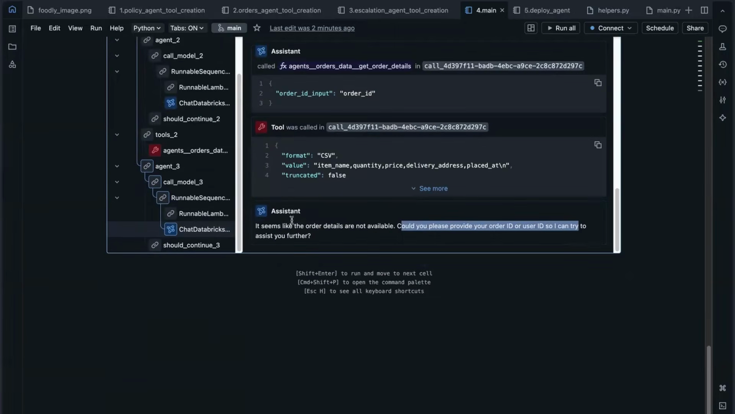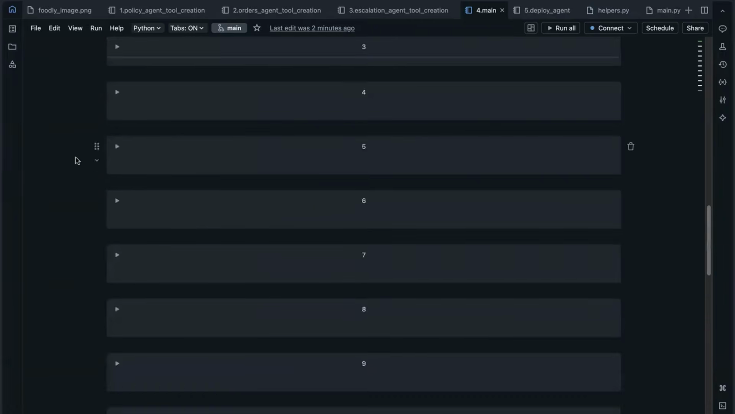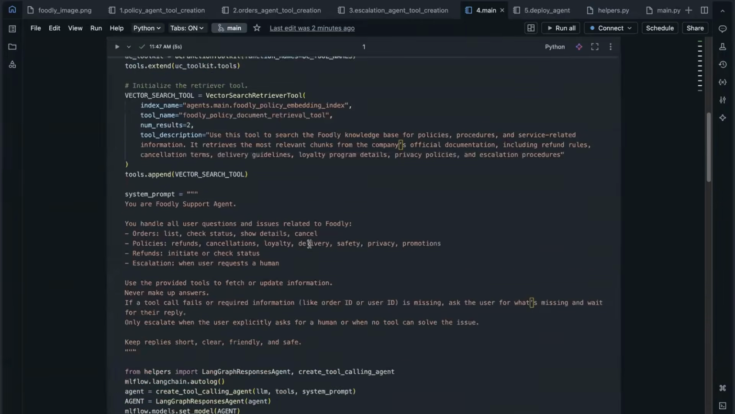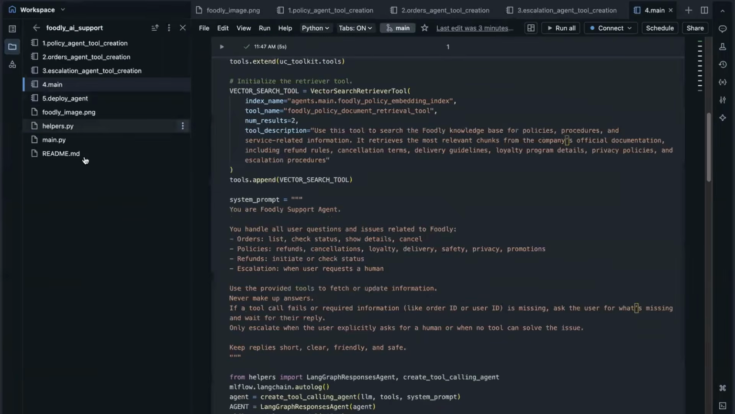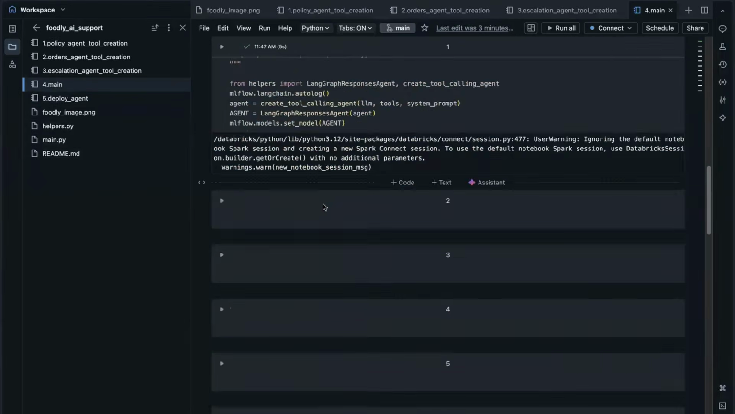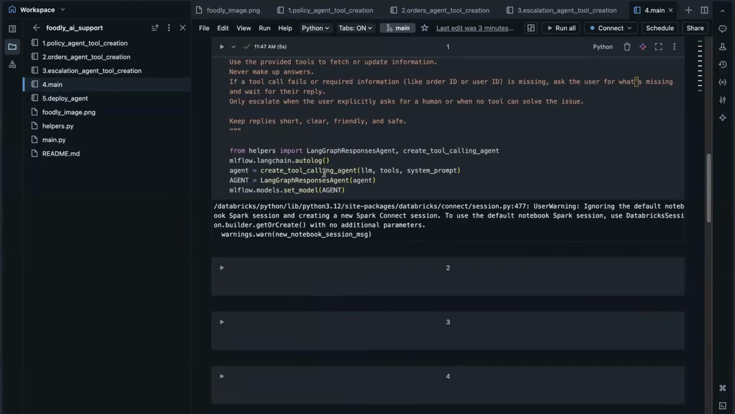This is where we are done with creating the agent and adding the tools. Now, to deploy this as a model, you create a main.py file, because this is a notebook and you cannot deploy it as a Unity Catalog function model. So what you need to do is, this has two different functions, right? One will be